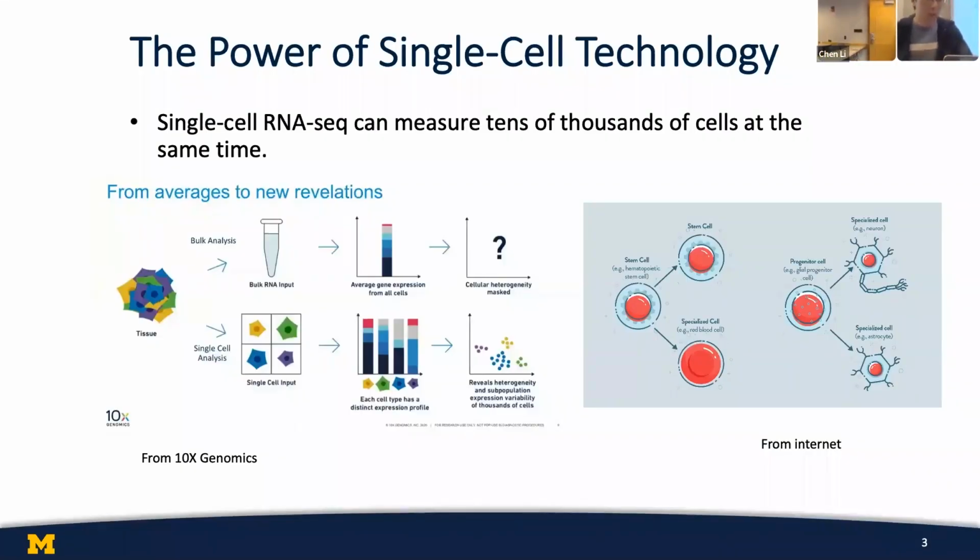Single cell technology has gone through rapid development in the past few years. Nowadays, in a single batch, people can sequence tens of thousands of cells at the same time. One popular platform is 10x Genomics, as shown on the left. It sequences each single cell with barcodes and gets RNA expression or protein sensitivity counts as a result.